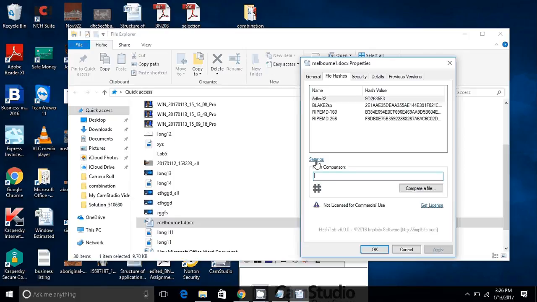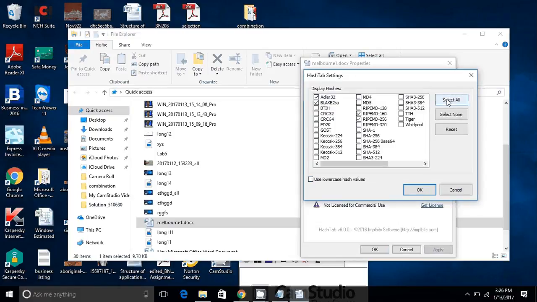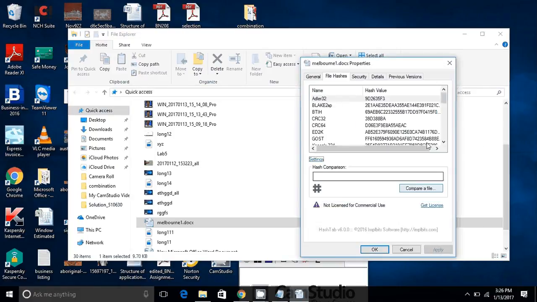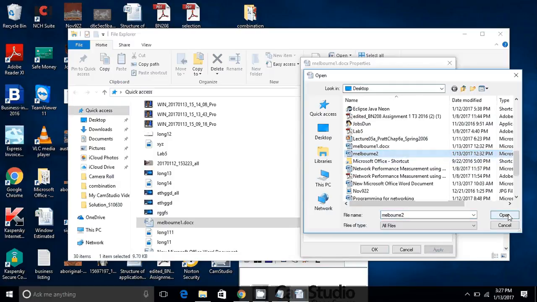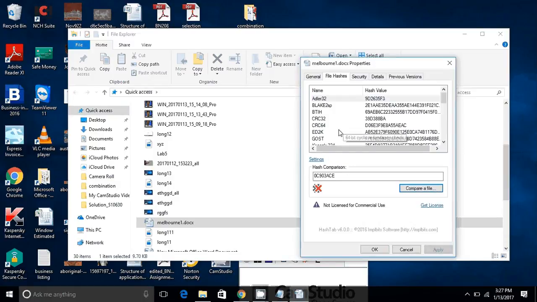To have more detail on the hash value, I can go to Settings, then select all the boxes and press OK. And now we can see all the digests generated for the document here, and I will start to compare this file with the other file I created before. Click on Adler32, then click on Compare a file and find Melbourne2, then open it. So we can see the digest